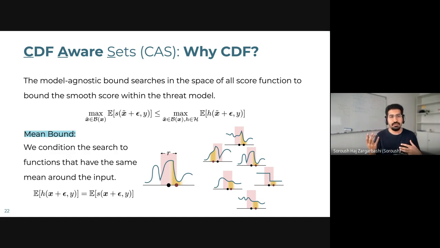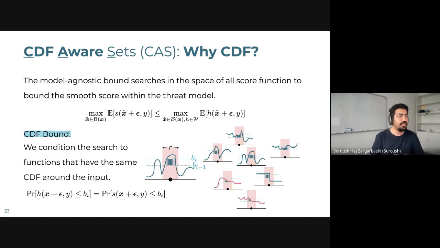So this is a method in one of the robust conformal prediction approaches. But the issue with that is that the mean on its own is not a really limiting criterion. So there could be a lot of functions that have the same mean as my classifier, but they can result in different values. So basically my search space is really large, and my upper bound and lower bound are not tight enough. What we say is that instead of looking at the functions that have the same mean, look at the functions that have the same CDF.